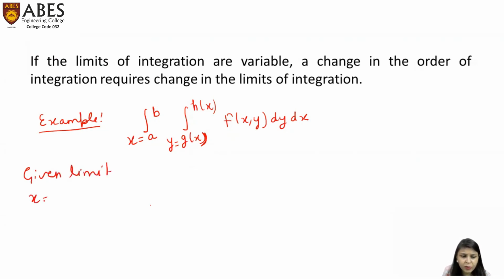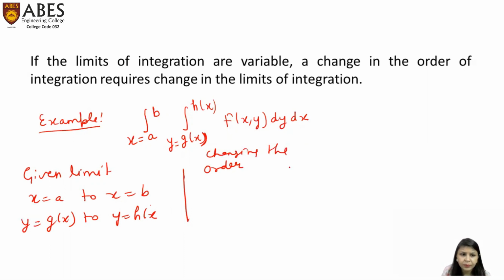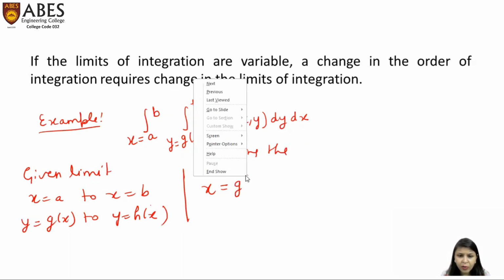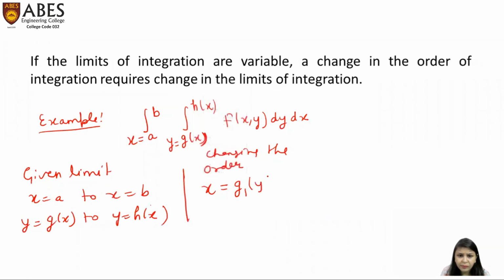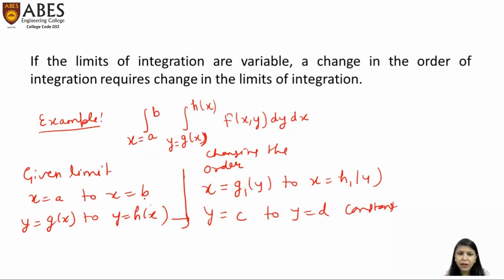सो जो गिवन लिमिट है, दैट इज x इक्वल्स टू a, x इक्वल्स टू b, और y की लिमिट क्या है, gx टू hx। बट आफ्टर चेंजिंग इट्स ऑर्डर, x की लिमिट होगी वो किस फॉर्म में हो जाएगी, वेरिएबल फॉर्म में। इसको हम क्या लिख देंगे, x इक्वल्स टू g1y टू x इक्वल्स टू h1y, और y की लिमिट जो कि वेरी कर रही है वो क्या हो जाएगी, y की लिमिट कांस्टेंट हो जाएगी। तो ऑर्डर ऑफ इंटीग्रेशन में यही होगा, अगर आपकी एक लिमिट वेरी कर रही है तो इसका ऑर्डर चेंज करने के बाद वो लिमिट क्या हो जाएगी, कांस्टेंट हो जाएगी, और जो लिमिट कांस्टेंट है इसका ऑर्डर चेंज करने के बाद वो लिमिट वेरी करेगी।